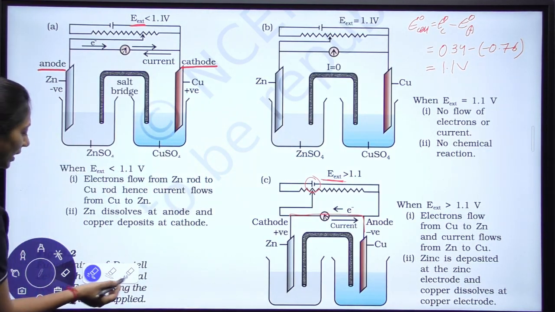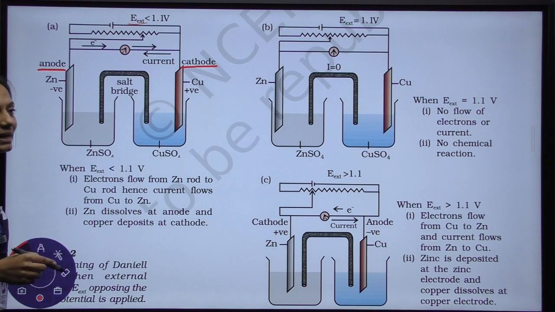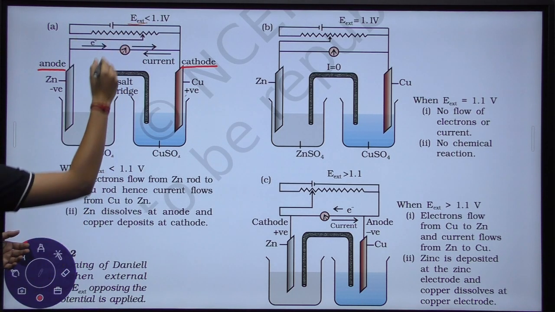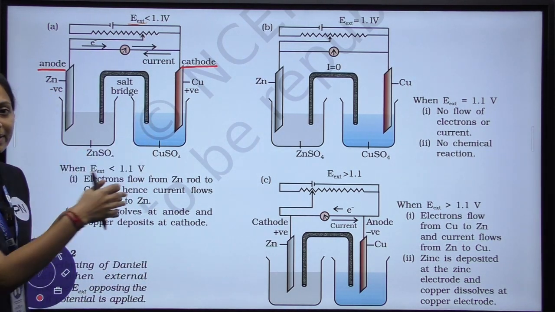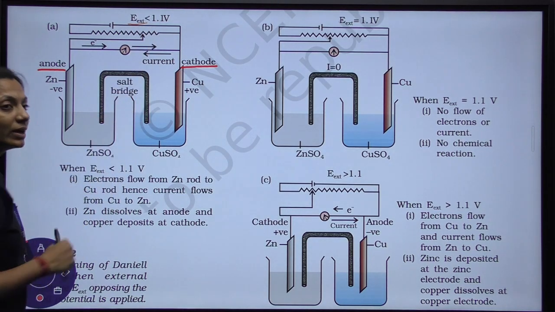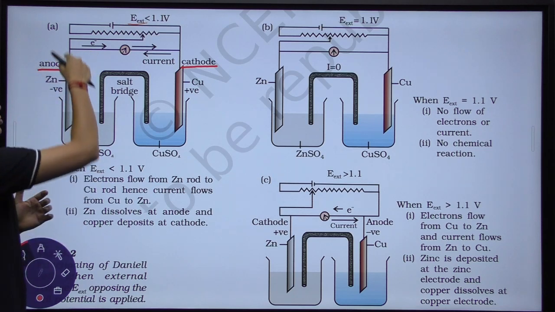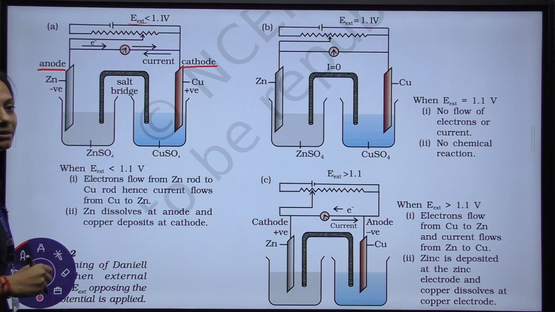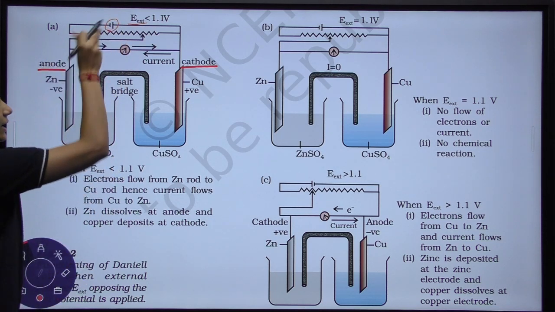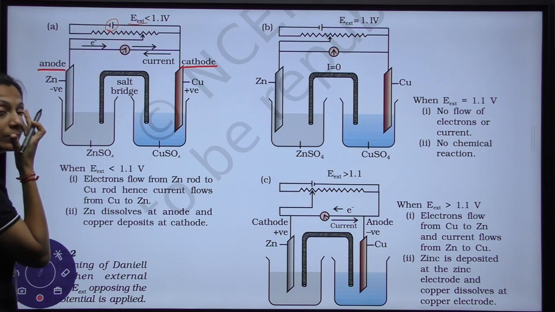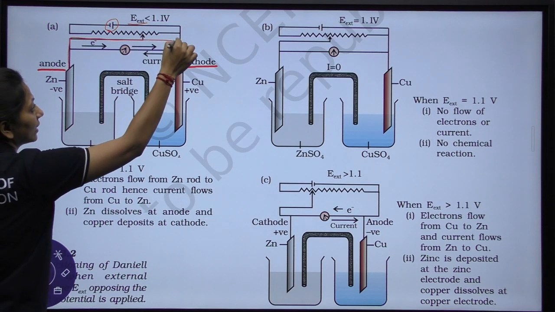So first of all, I would like to start with the first case in which the external battery, जो बाहर की बैटरी है, उसका वोल्टेज कितना है? It is less than 1.1 volt. 1.1 volt किसका है? Galvanic cell का खुद का है. The galvanic cell itself is having 1.1 volt. And now the external battery which we are going to join from the outside is having value less than 1.1. So what will happen after joining this kind of external battery having voltage less than 1.1 volt? Still the electron will be moving from anode towards the cathode. What will happen?